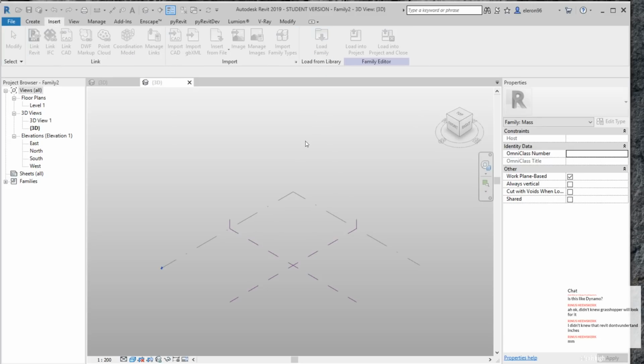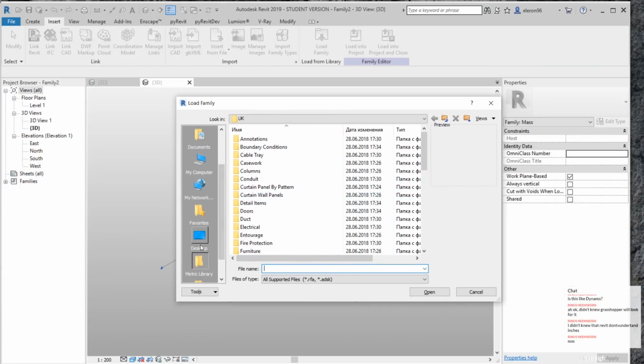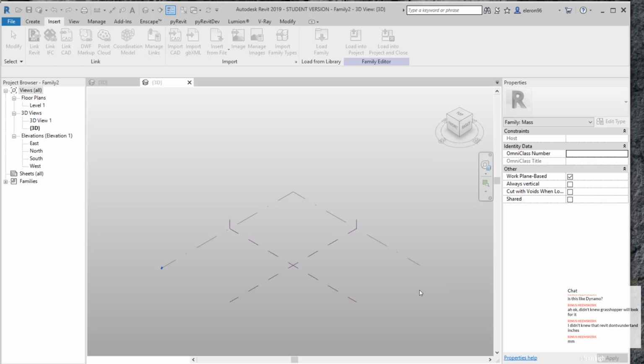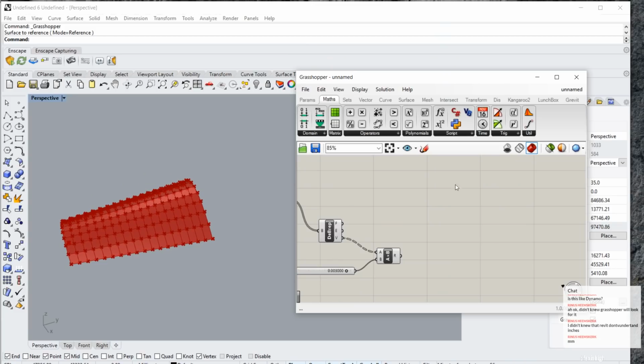Let's load the family. We already know the family is called test1, and let's see if I will find this test1. So test1 is here. Okay, so let's load it inside, but I will not place it anywhere because we will do it from the Rhino. So here is my Rhino, and let's create the new